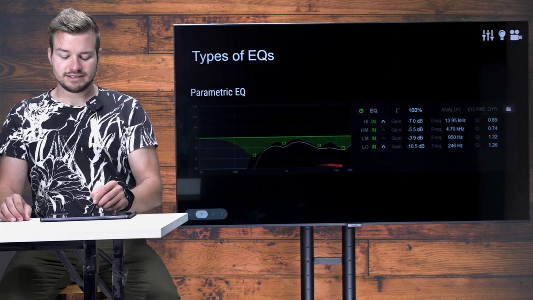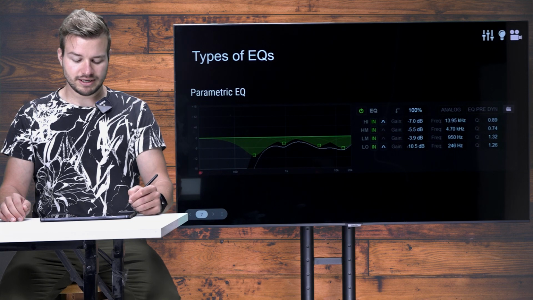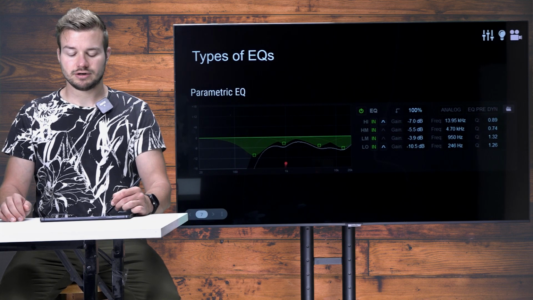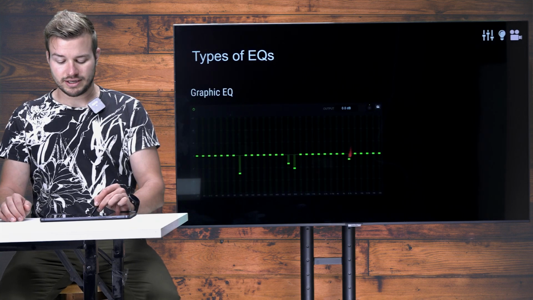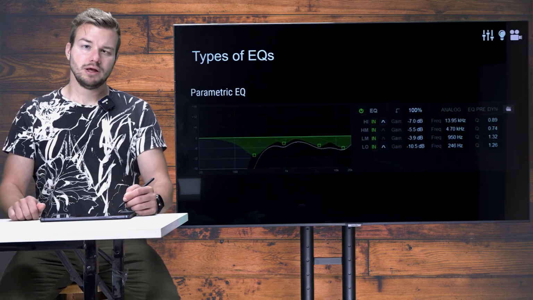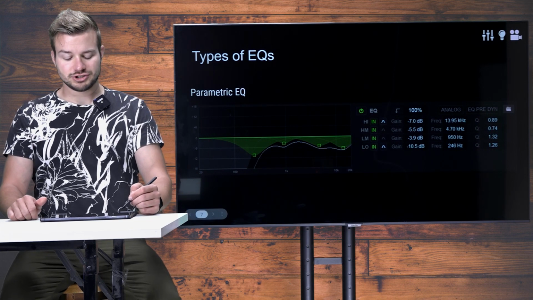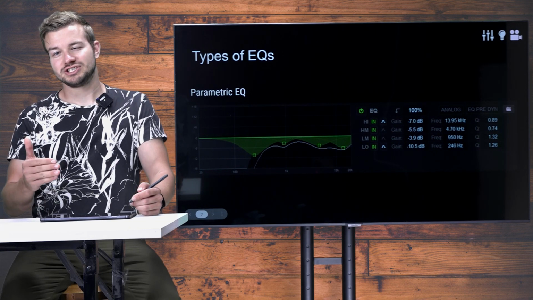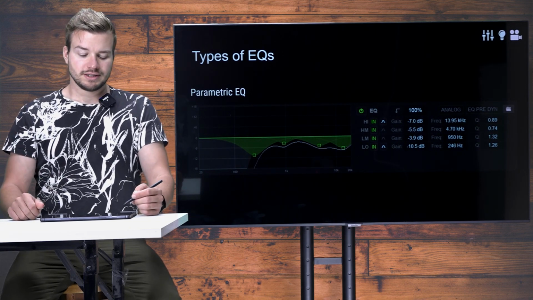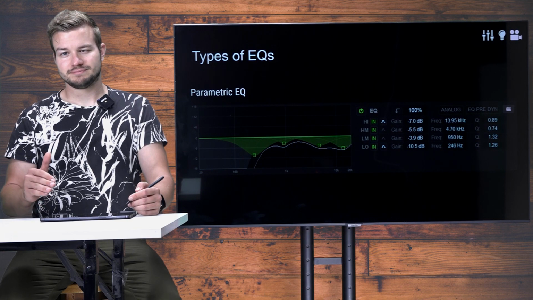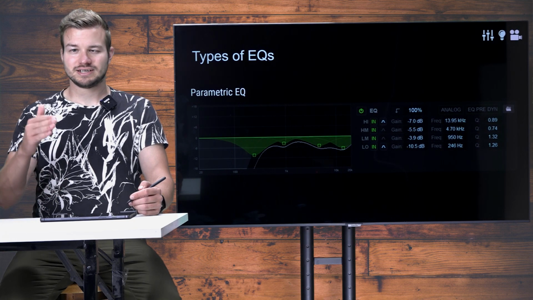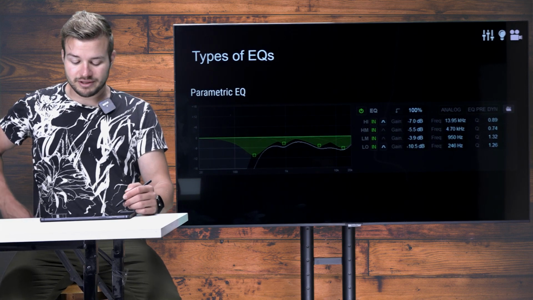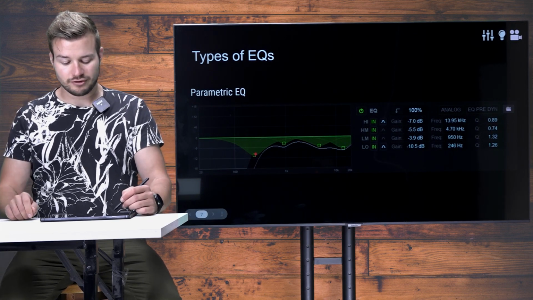Then the x-axis here is the frequency. It starts at 20, here we're at 100 Hertz, here we are at 1k Hertz, 10k and 20k. So what this shows is the whole frequency spectrum and how we change the frequencies over the spectrum. We can either decrease or increase the frequencies, and the parametric EQ provides these four bands, and for each band we can